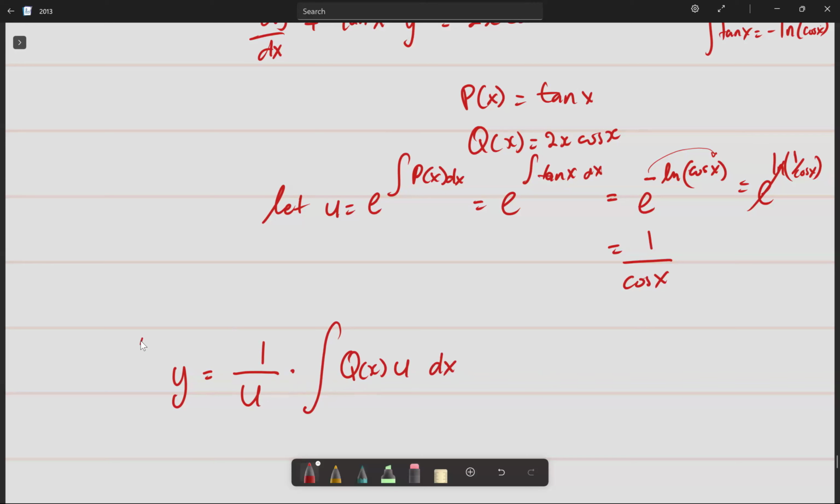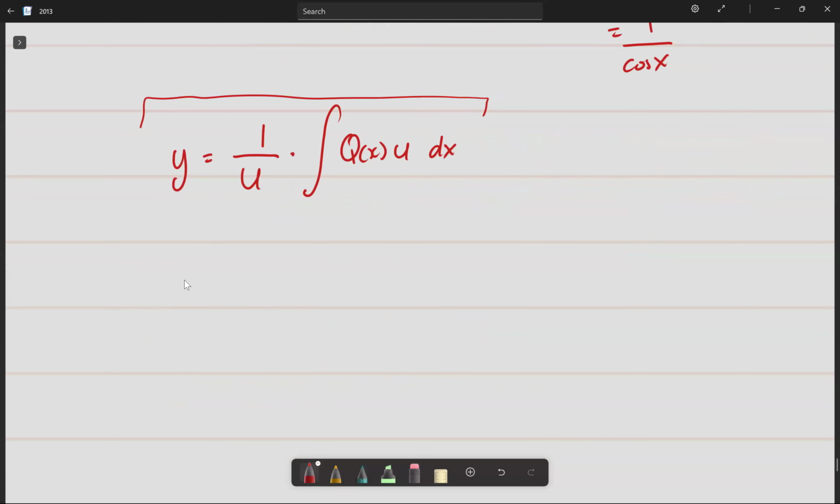So this is the answer. You need to fill in everything. So that is now y equals 1 over u. So 1 over cosine of x is just cosine of x